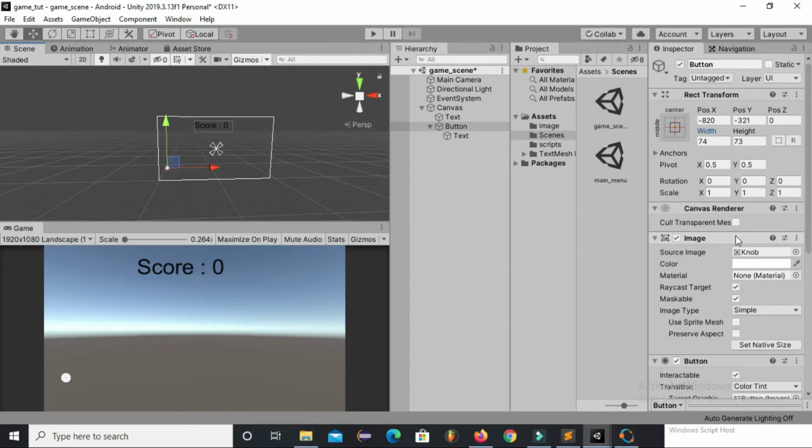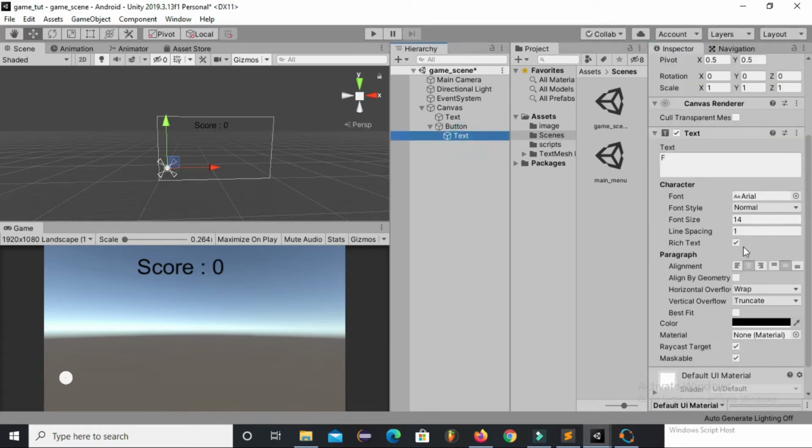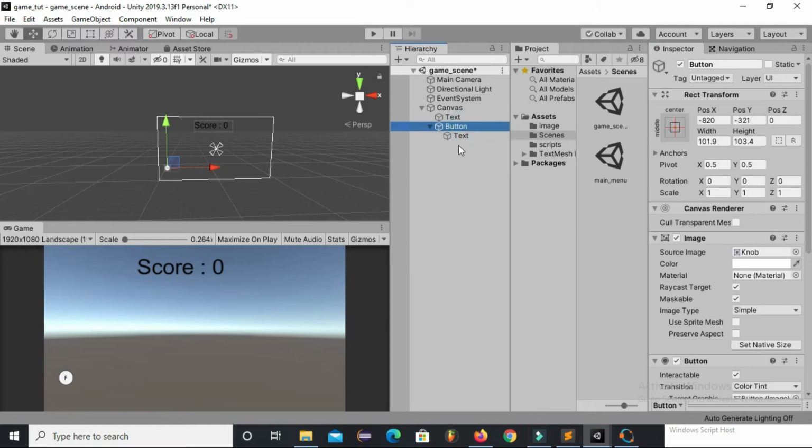Now you have seen that we have created a UI button for the movement of the player. Now go to the text and increase the font size to 25. Okay, 35. This seems to be good, and now everything is fine, and just replicate this. So I'm making a duplicate of this button.